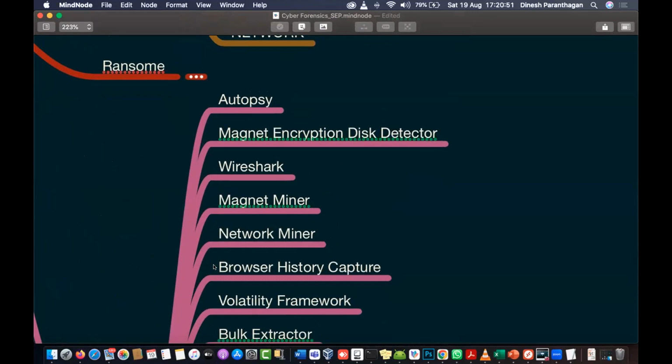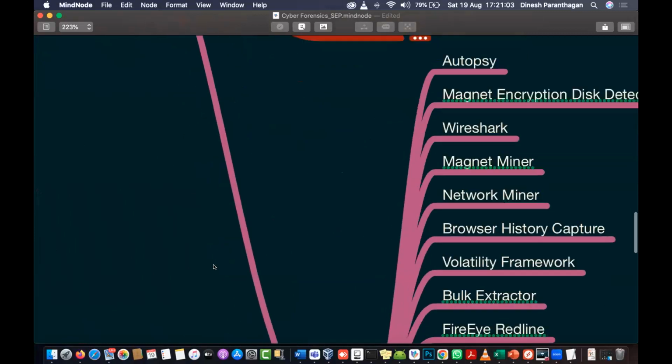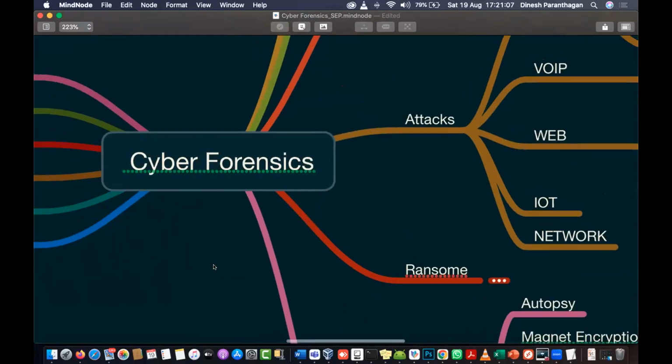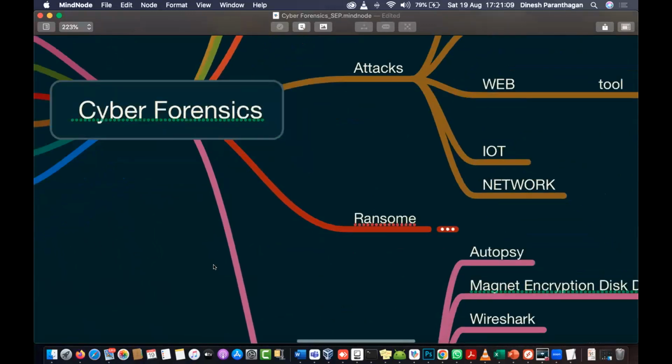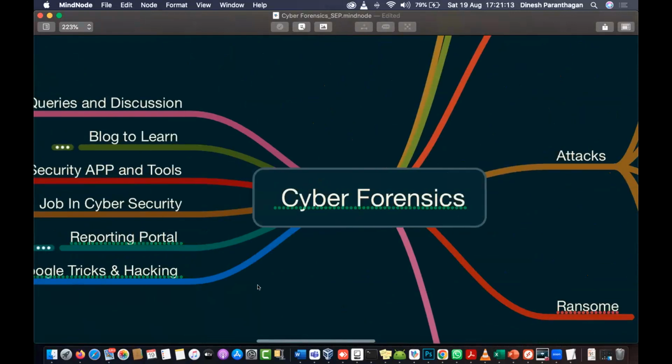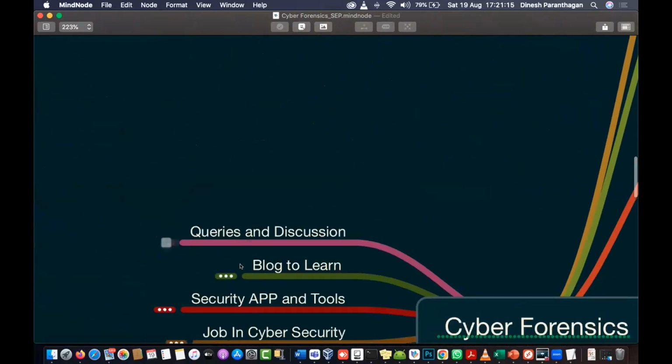These tools are available in both professional and community editions. If you need, you can purchase the tool, or if you are at a beginner level, you can use the community edition and register. They'll provide you a free license for a year. And for network analysis, you can go with Nessus. That is a tool we use for network analysis.